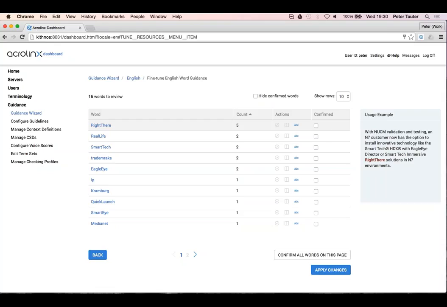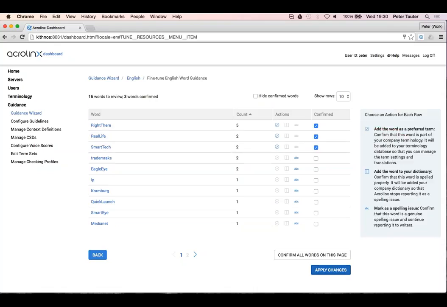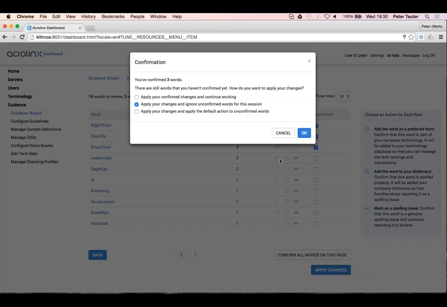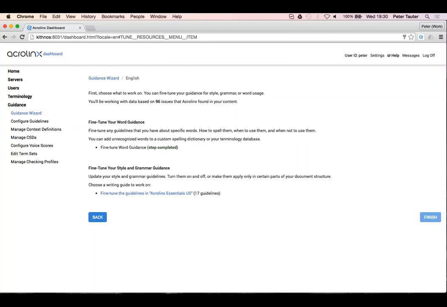For the sake of the demo, I will add the first three as terminology, and I just apply the changes. Now you would have the option to just add the confirmed words to your system and continue later, but I just want to close it for now and be done with it. Okay, let's have a look at the